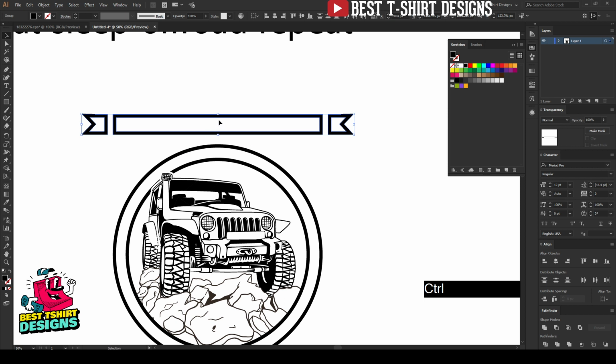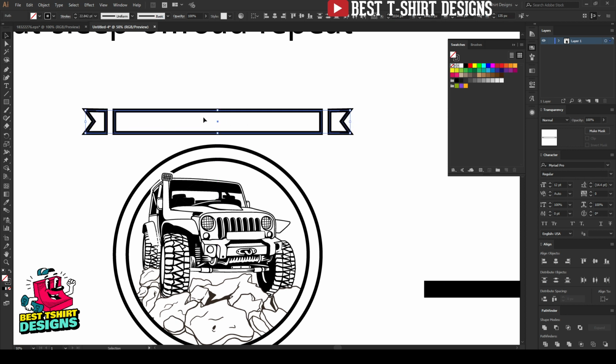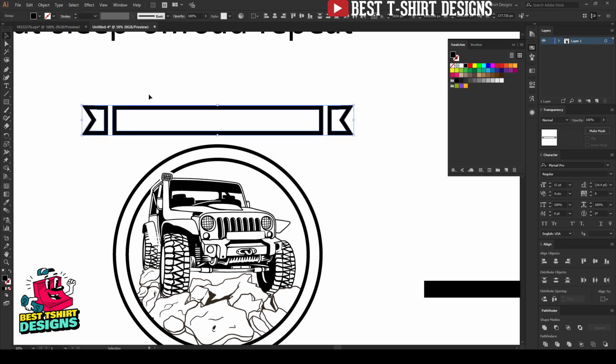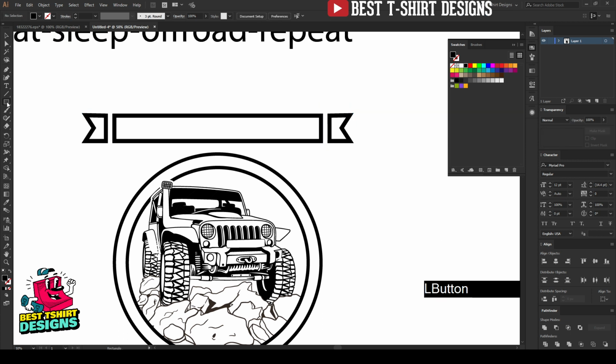Okay, maybe before expanding that I want to make it a bit wider like this, so that I can place my text inside the area. I think that is fine. So now let's expand it. That is fine, and this becomes fill. Now let's group them, and now I am going to create a same size rectangle here, same width, and I want to keep it the same length as this graphic right now.